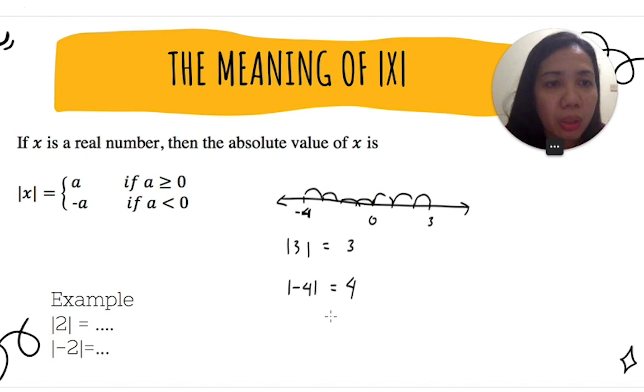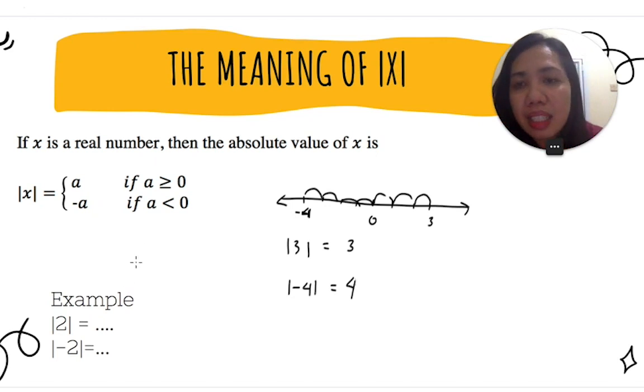Okay, pay attention to the result. The result is always positive because we are talking about the distance. Remember that the distance is always a positive number or 0. The distance cannot be a negative number. There is no distance equal to -2 kilometers. There is no such thing because the distance is only positive or can also be 0.